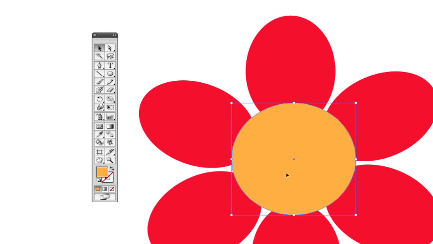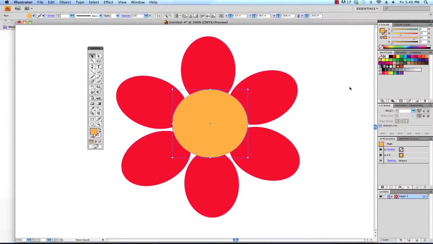Now, in order to change the fill color of this object, what you can do is use the swatches panel or the color panel. I'm going to go ahead and use the swatches panel because this is about the quickest way to change a color. So I'm going to choose green just by clicking on it, and you'll note that my shape has now turned